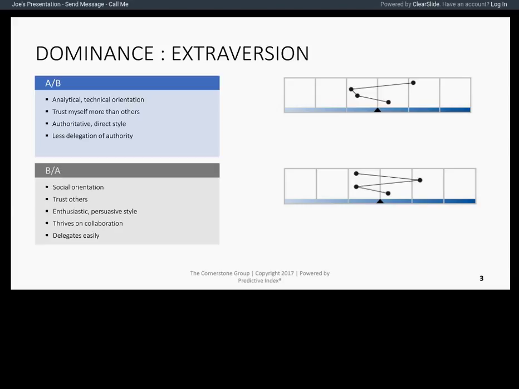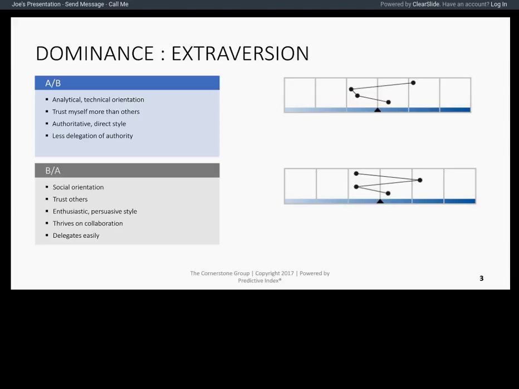tends to be very analytical, very technical in their orientation. They tend to trust themselves more than they trust others. They also tend to be really authoritative in their leadership style, and sometimes they can struggle with delegating authority in